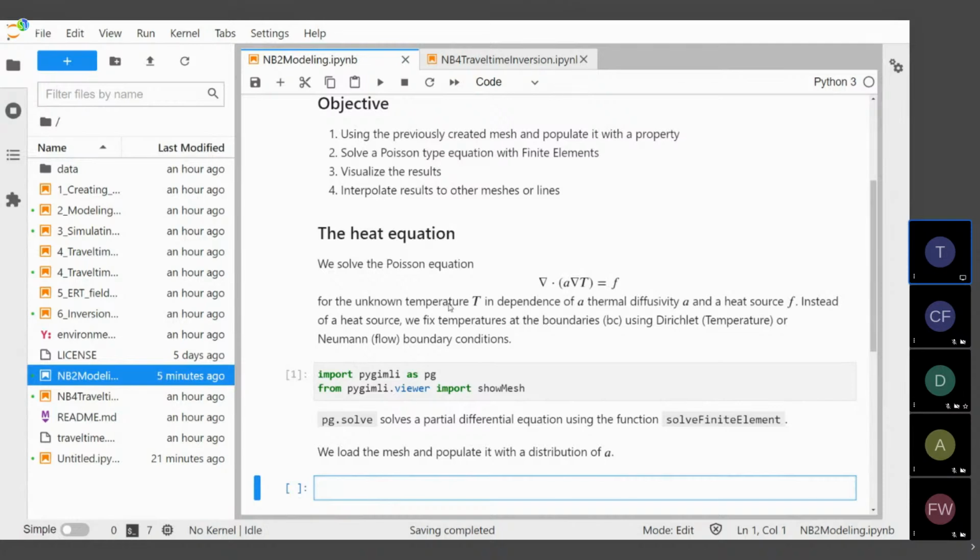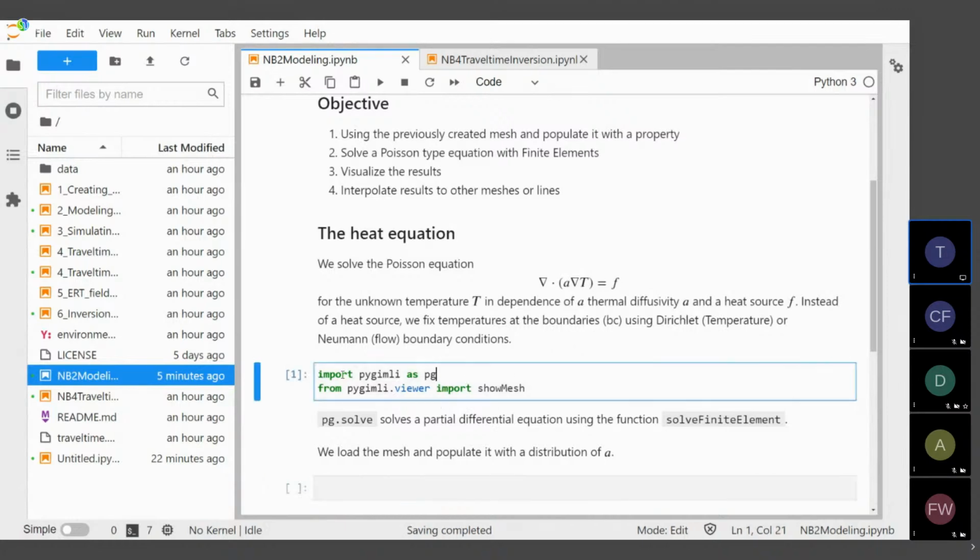We want to model this only in steady state. So A is the thermal diffusivity that we will use now. We will not place a heat source because this will mostly lead to non-stationary behavior. But what we want to look at is playing with different boundary conditions, either Dirichlet or Neumann flow boundary conditions. So we start up